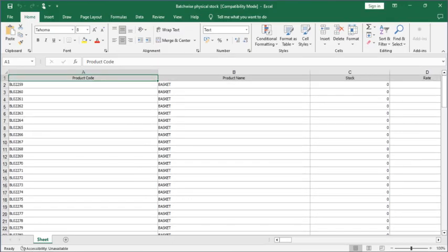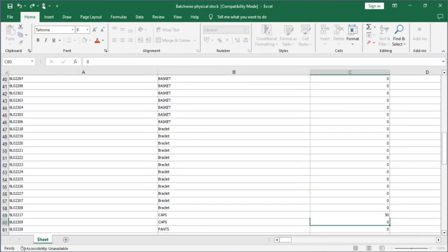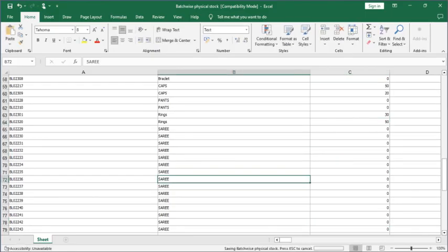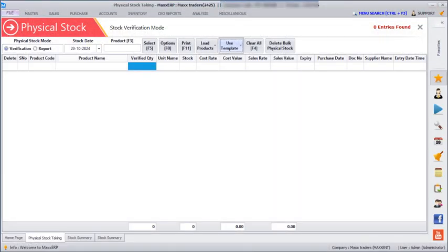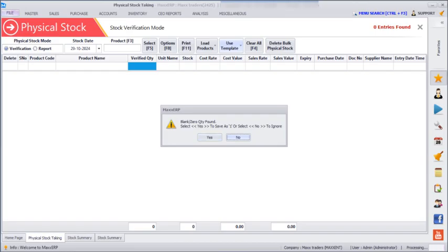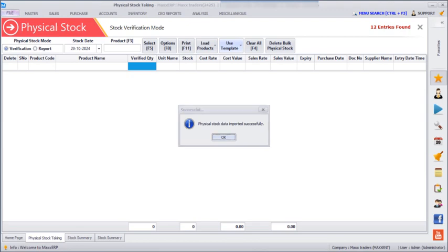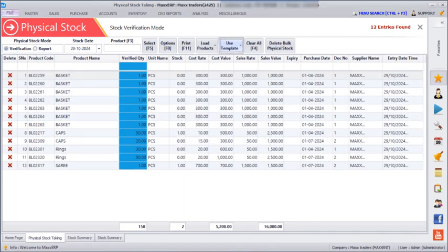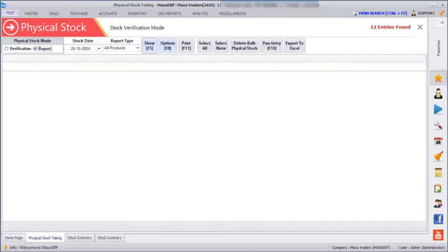Give yes. All the products have been shown here. So we can just enter the stock here, and then we can just save. Now if we go to use template, import from template, give yes. Click on the Excel and then open. So it is showing that I have some products which have zero quantity. Do you want to ignore them, or do you want to save all these products as one also? I want to ignore those, so I'll just give no, and then you can see the products have been encoded. Now if we go to report, show,